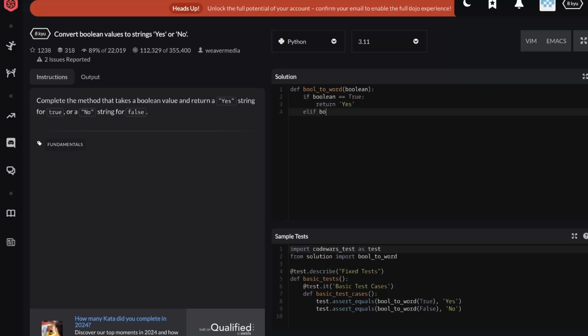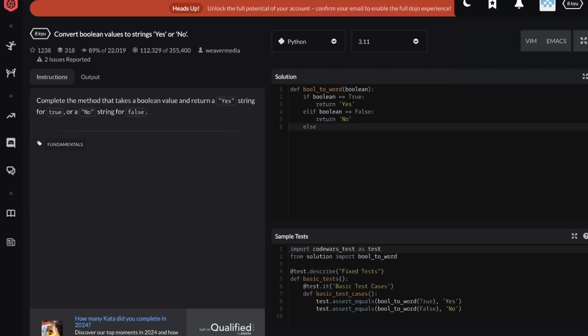Elif Boolean is equal to false, return no. Else,